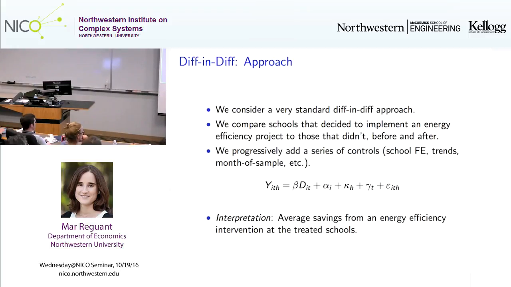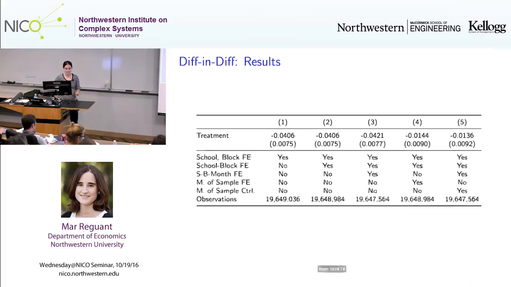So doing that comparison is a bit tricky because, again, we want to make sure we do some apples to apples. So in our approach, definitely, we will include a fixed effect, a dummy variable, an indicator variable for every school so that we at least control for consumption at the school level. And I will show you that we can control for other things parsimoniously. So the average savings that we find are about 4%. This is when we include a school fixed effect, so we control for relatively little. As we control for more stuff, we find a smaller effect.